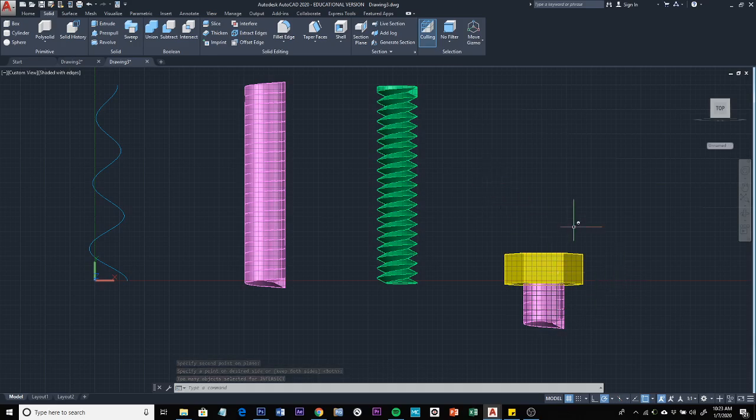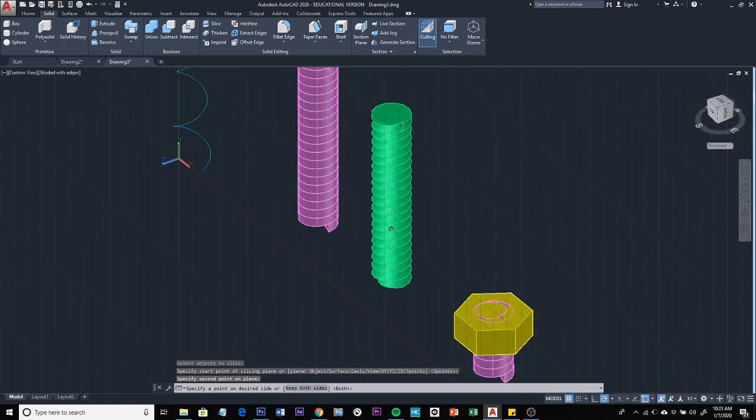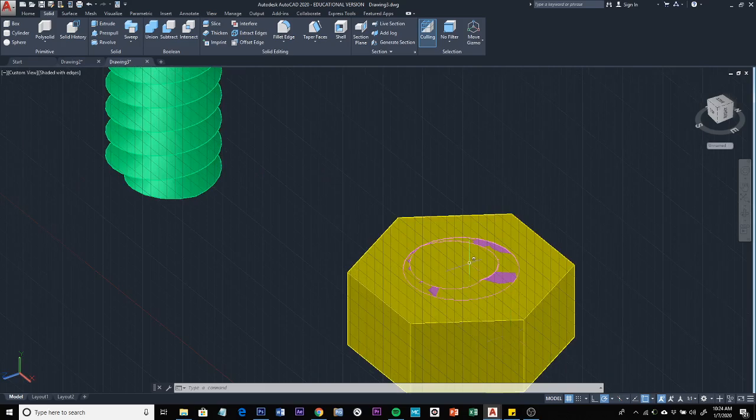So I need to go through that process one more time. Slice this object here. Enter. This time I want to choose this plane. From here, straight line over. Specify a point on desired side. So here I need to orbit to be able to click on this side over here. Alright, so now I have my threads in the right position,